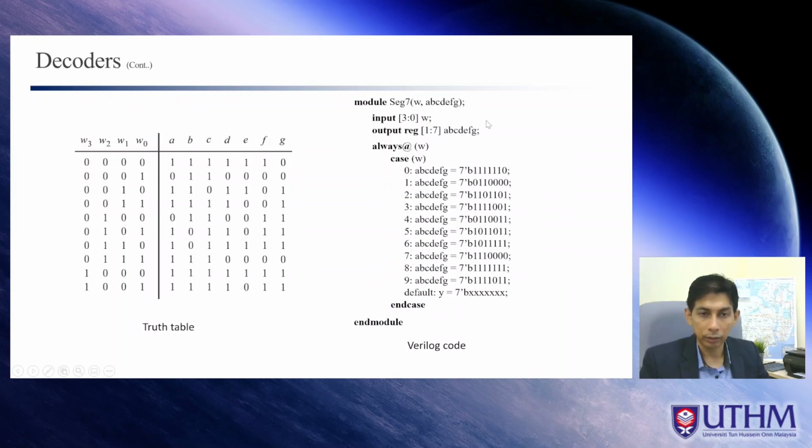And the code. So this is how we code. We have a 4-bit input, 3 to 0, and we have the output from 1 to 7, right? 7 bits, 1 to 7, and we can see that we can use case W, the input, yeah, and A, B, C, D, E, F, G equal to this if W equal to 0, if W equal to 1, equal to this, exactly based on this. But look at this. This is very important when we code in